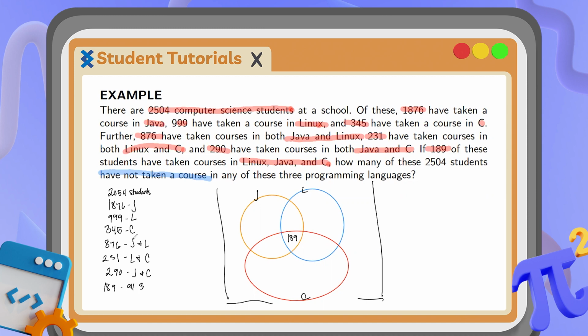That would depend on you. In this case, let's solve for those that took Java and C but not Linux. That would fall under this area. So how do we look for that area? We subtract 189 from 290,